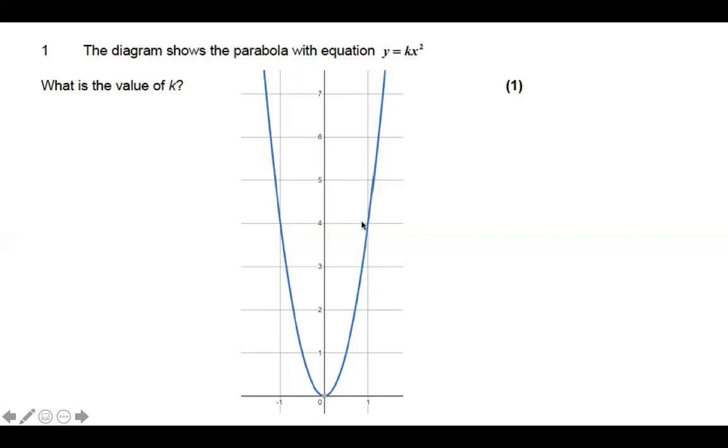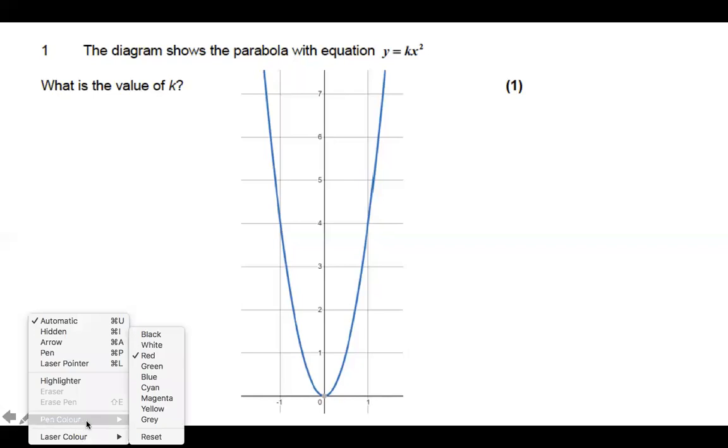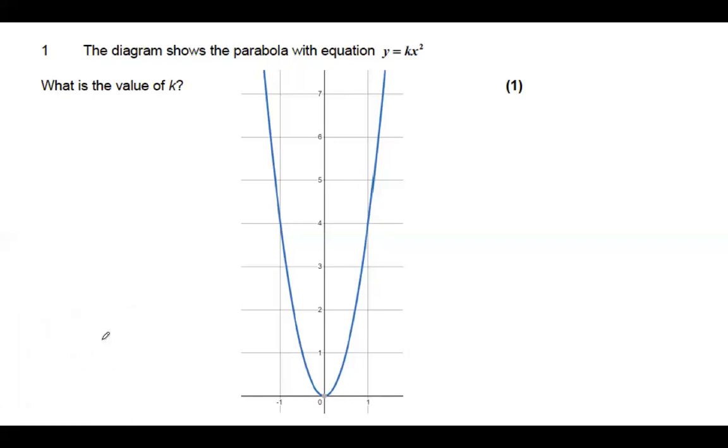So in order to solve this, what you need to do is pick a point. Obviously, you can't pick 0, 0, because you're still not going to get k. So you want to pick a point that will enable you to get k quite easily. So the easiest point, I would say, is to imagine if x equal 1. 1 square is still 1. 1 times k is just k. So that means if we pick this point here,